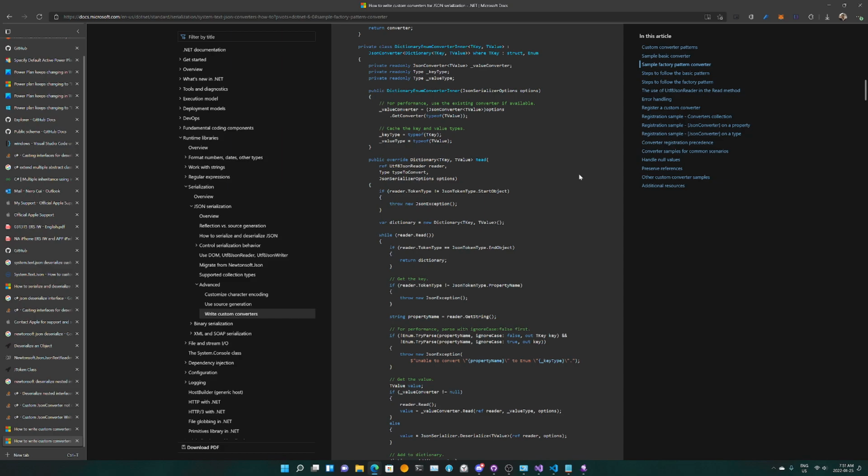Okay, it seems like we need to do the factory pattern where we keep reading it and we read the token type, and if it's not the end object, we'll just keep going, and if it is, we'll just return. We get the key.